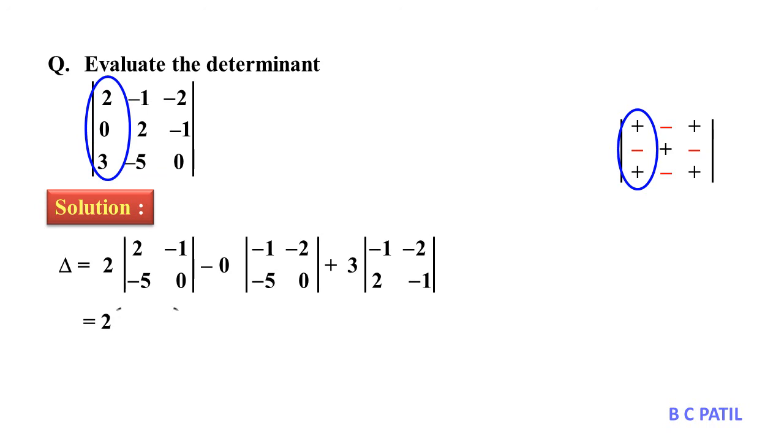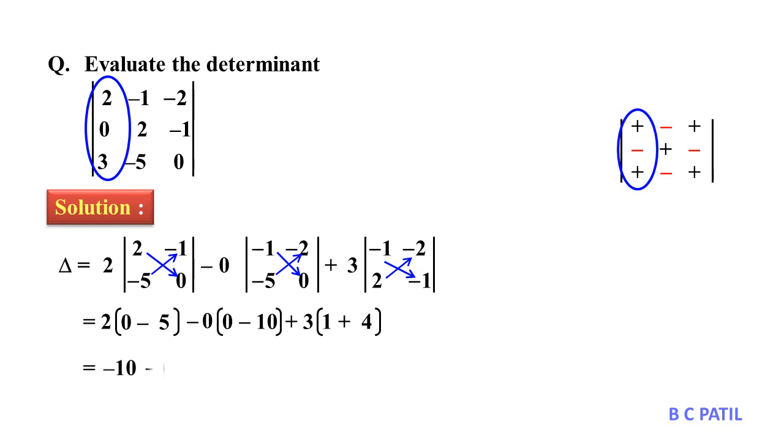Next step, 2 into determinant value 2 into 0, 0 minus 5 into minus 1, that is plus 5, plus into minus 5, 0 into anything 0, no need to calculate, plus 3 into minus 1 into minus 1 plus 1, minus 2 into 2, minus 4, minus of minus plus 4, 2 into minus 5 minus 10, 0 into anything 0, 3 into 5, that is 15, minus 10 plus 15 is